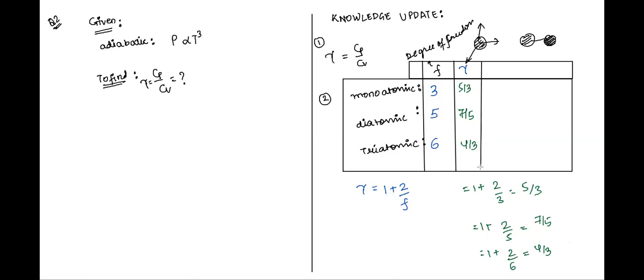Now, class, there is one more term as we just read, CP and CV. These values can also be written in terms of degree of freedom. See here, everyone, the value of CV is fR by 2, where R is the universal gas constant. We all know it comes in the ideal gas equation, PV is equal to nRT. So this universal gas constant comes here in the formula of CV.